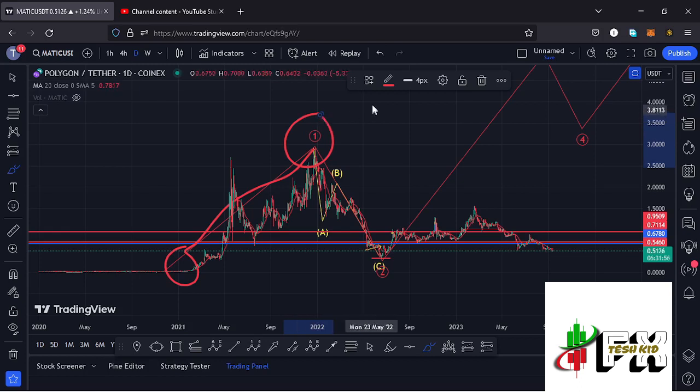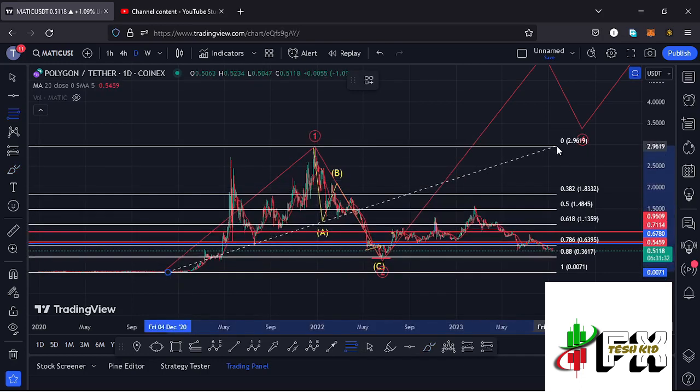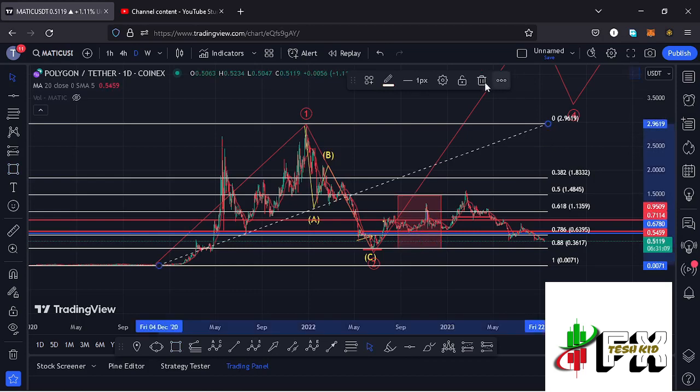And after seeing the formation of that first wave, we started a breakdown move in the formation of a larger Elliott wave count 2, in a move that at the time of this recording has now given us a low at around the $0.32 mark, which is an area that we expected to see Matic get into using the Fibonacci's by connecting them from the low of the first wave to the high of that wave 1, where you can see that the minimum retracement area for the second wave between the fib level 0.5 and the fib level 0.78 was fully maximized, and at some point we lost the fib level 0.78 and we touched the fib level 0.88, which continued to act as support, and there are high chances that that could still be the low for the